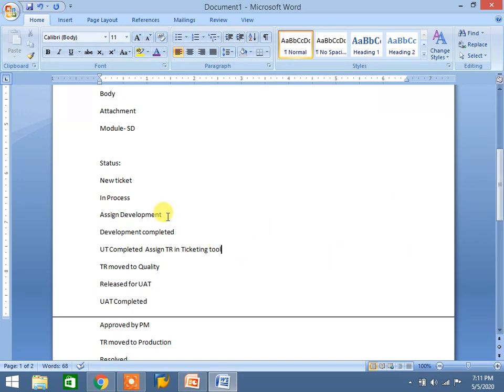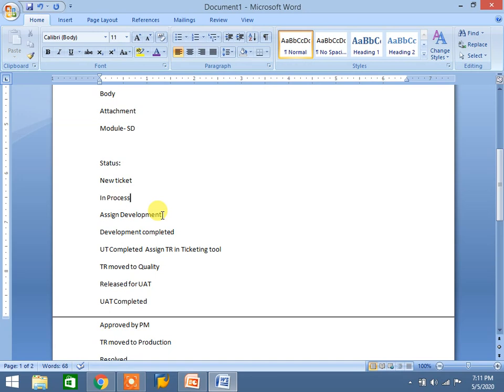Here one more step is there in the process. If we assign development, we need to assign the functional specification in the tool, because we are assigning to development. We need to chat in the ticketing tool only. Chatting facility is there in some ticketing tools. Otherwise you need to call them, make a meeting, or send mail through Skype communicator. Anyway, the functional consultant can gather the total requirement. Then we need to prepare the functional specification, then assign development.